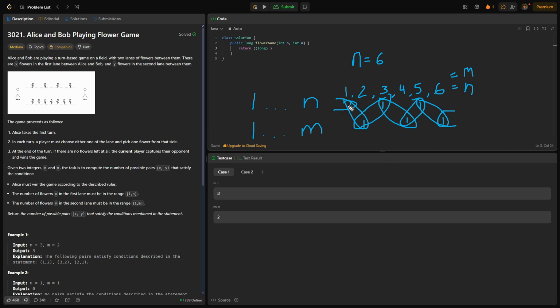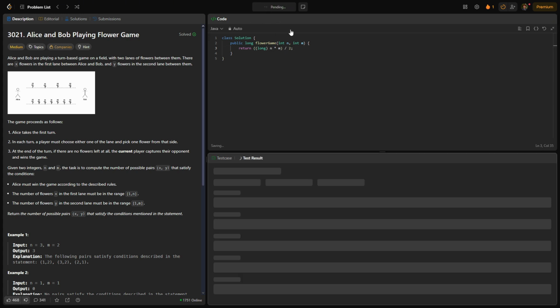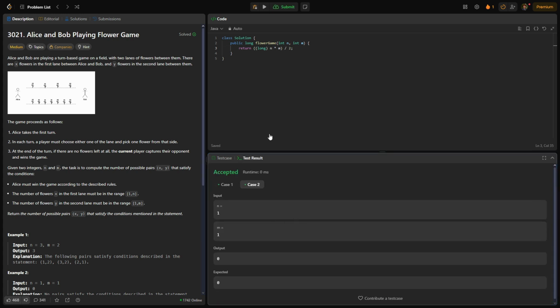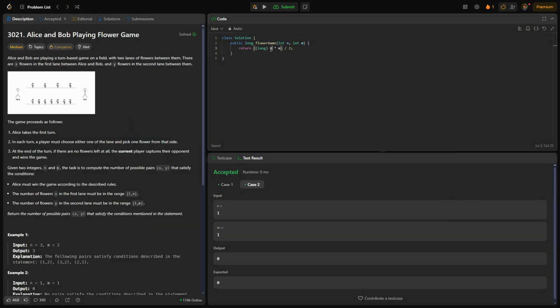Now, one thing we can note is we're going to basically use half of the even numbers and we're going to use half of the odd numbers no matter what. So our solution is simply going to be all the numbers in n times all the numbers in m, and then we're going to divide it by 2. So if we run this, it passes our test cases, and if we submit it, that is our solution because we're going to use all the even numbers from n and all the odd numbers from m, and those are going to be all of our